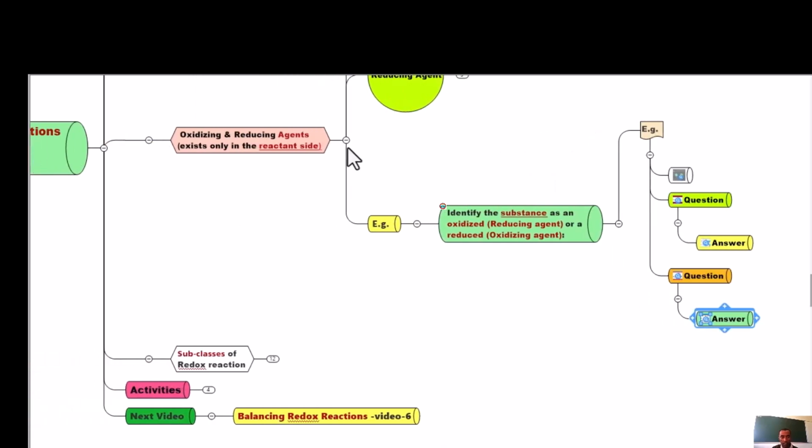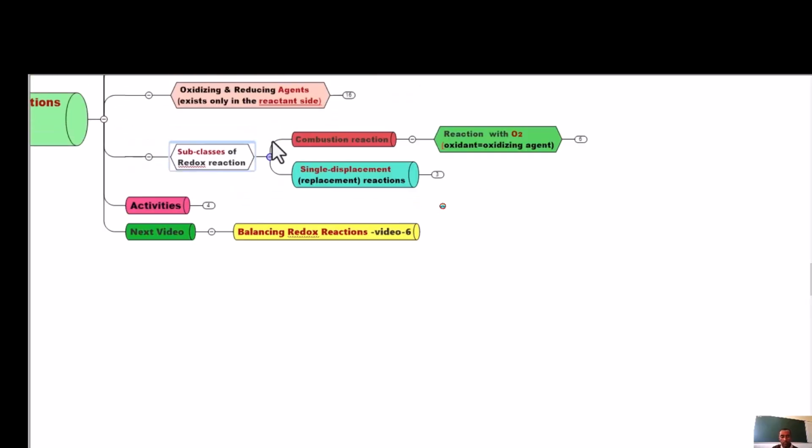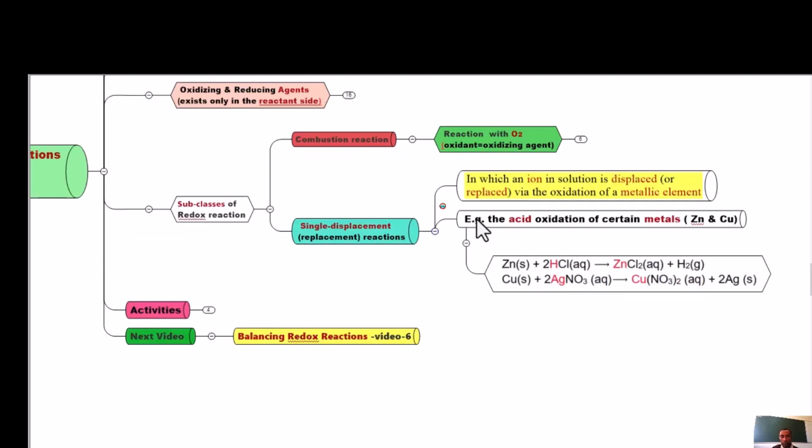Another topic is the subclasses of redox reactions. There are two classes of redox reaction. One is the combination reaction, which is a reaction that involves combination with oxygen. Oxygen is used as the oxidant or oxidizing agent. Another is the single displacement or replacement reaction. In this case, the single replacement or displacement case is